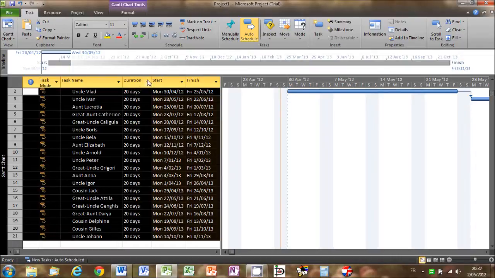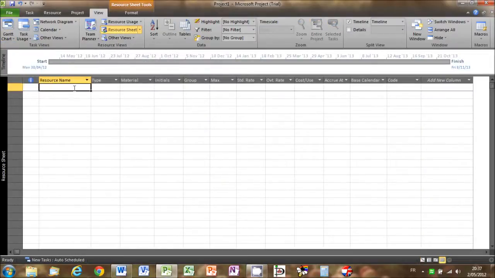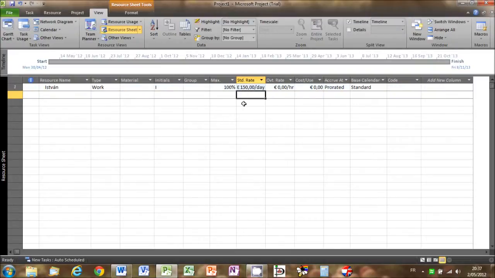Now we need to add the painter as a resource. So let's go to the View tab and select Resource Sheet from the Resource Views section of the ribbon. Here we can directly enter our painter. So we're going to call him Istvan, and we're going to set his standard rate to what was agreed, i.e. 150 euros per day. Note that we're not going to change anything else. For example, he won't be paid a special rate for any overtime he works. Okay. So now we can go back to the Gantt chart view,